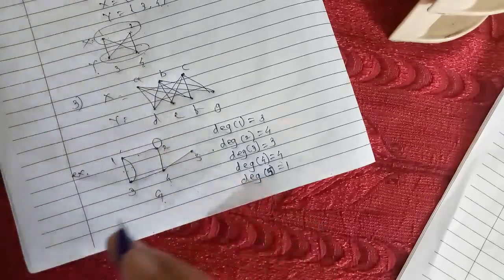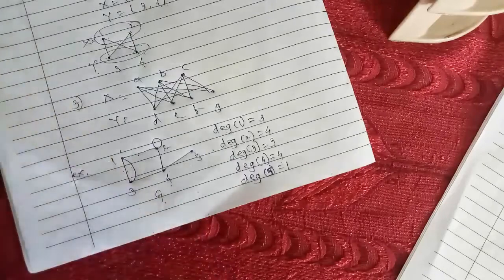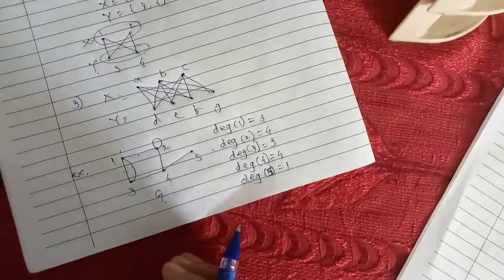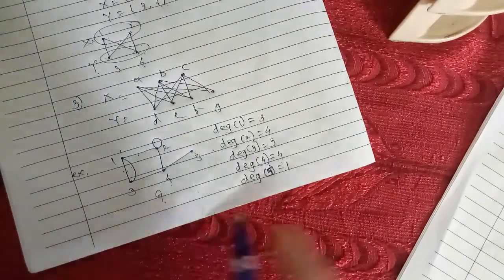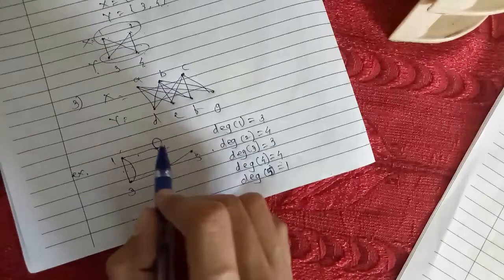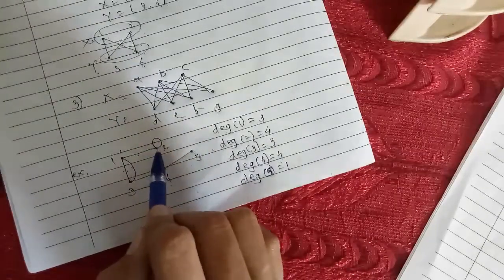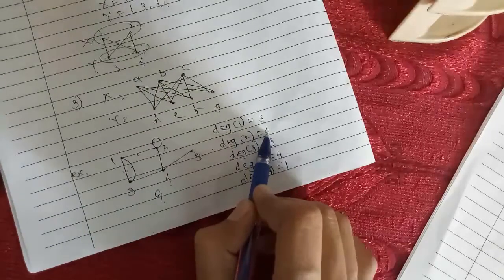इसका मतलब क्या है? जब हम जिस वर्टेक्स की डिग्री काउंट करते हैं, अगर उस वर्टेक्स पे लूप हो तो उस लूप को हम क्या करेंगे? 2 बार काउंट करेंगे, राइट? बिकॉज उसका एंड पॉइंट भी वही है और स्टार्टिंग पॉइंट भी वही है. बोथ एंड पॉइंट्स आर सेम. Therefore we count here 1, 2, 3 and 4. Therefore degree of 2 is equal to 4.